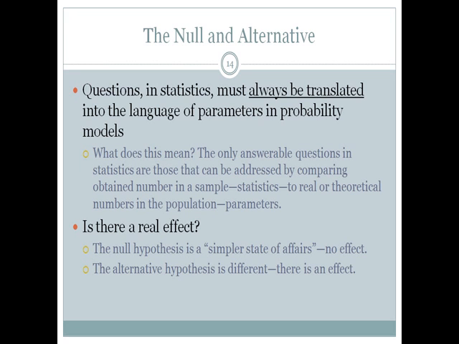asking this question in the framework of having a null hypothesis. We always posit a null hypothesis that says there is no effect, and an alternative hypothesis that says there is an effect. So rather than having one hypothesis that we're going to make conjecture about, there's always going to be two hypotheses, the null and alternative. This is an integral part of the null hypothesis testing approach. The reason being